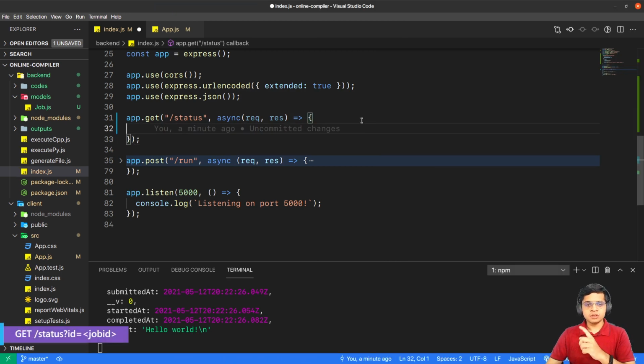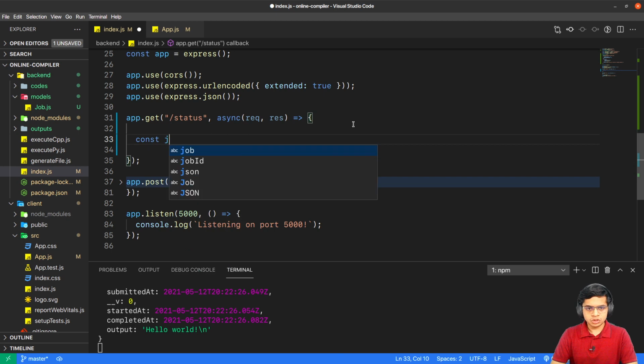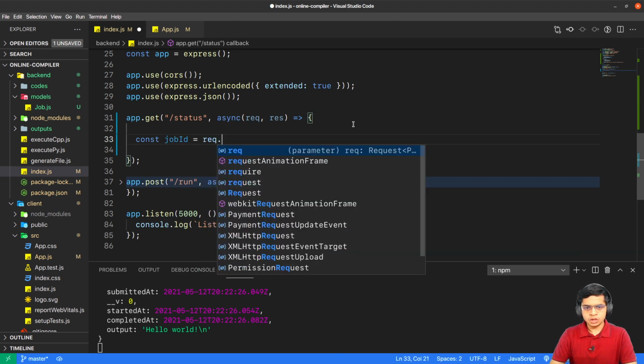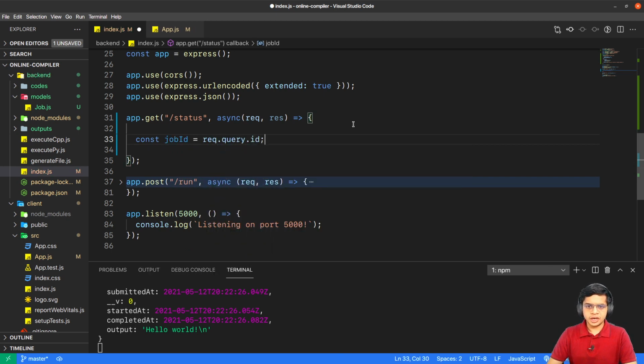Now this is what the status request will look like. So as you can see, there is an id query param here. Now to extract that, we'll do const jobId is equal to req.query.id.